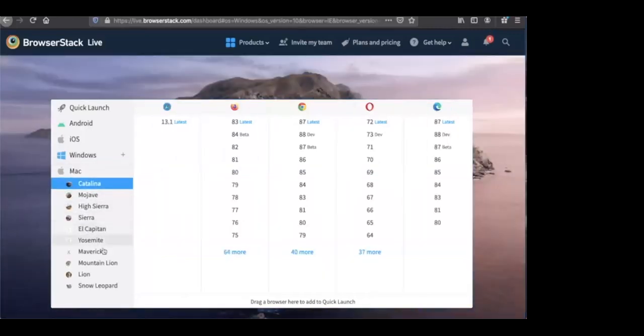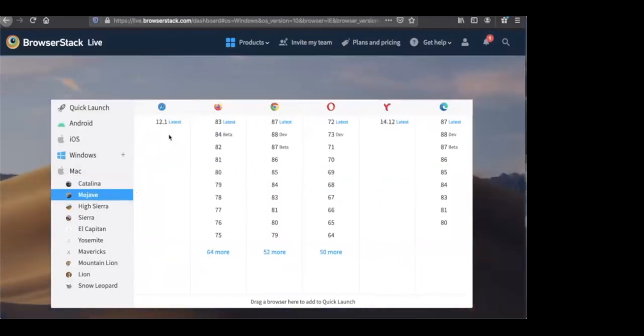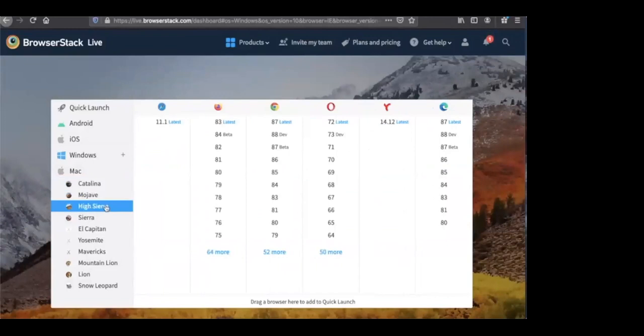And then finally we have Mac, with a whole raft of different versions of the operating system. If you're on Catalina, you have access to Safari 13. If you're on Mojave, you have access to Safari 12, High Sierra, 11, and so on and so on.